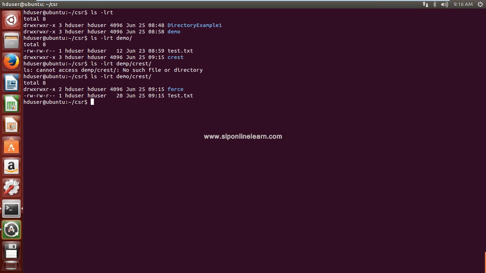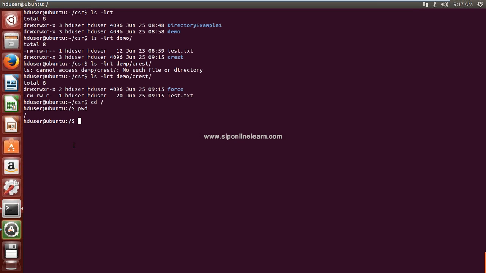Okay, fine. Now I am going to remove this directory with rm minus r. R is nothing but recursively. Recursive is nothing but generally repeatedly. Okay, fine. So rm minus r space, now the directory name. I want to remove this directory demo. Already we have seen more than one example of how to remove in the present working directory. So this one will do it from the root.